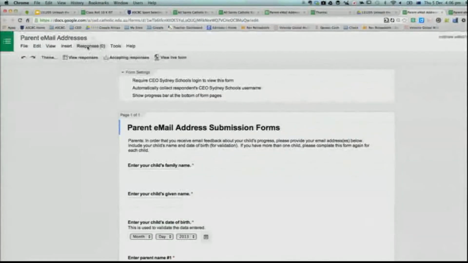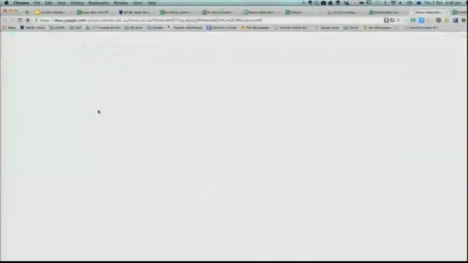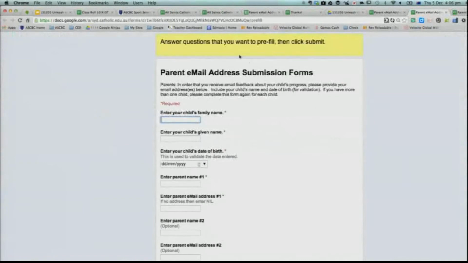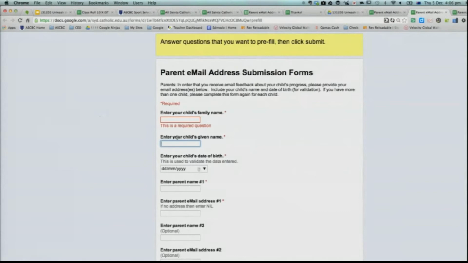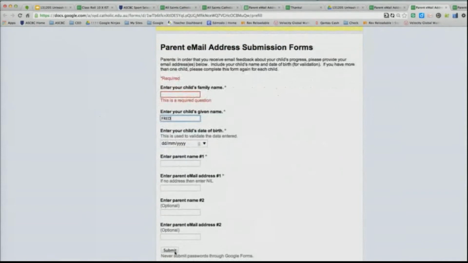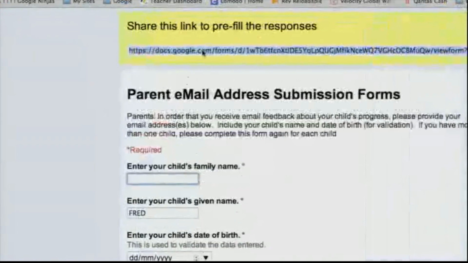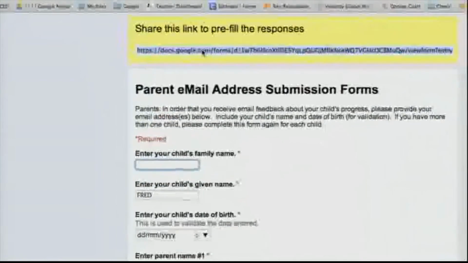If I go to responses, go to get pre-filled URL, it opens up the form. Answer the questions that you want pre-filled. So let's say, for example, I don't know why, but I wanted the child's name to always say Fred. Okay, and you'll notice there it's giving me a link. See that link there? So if I copy that link,